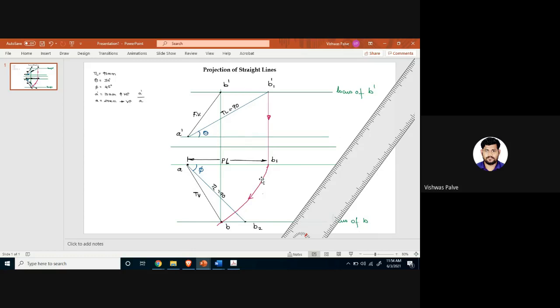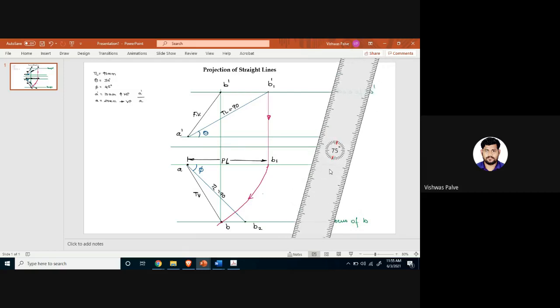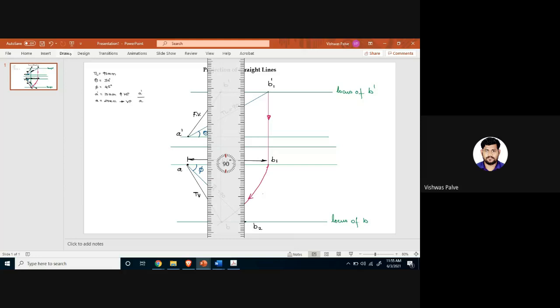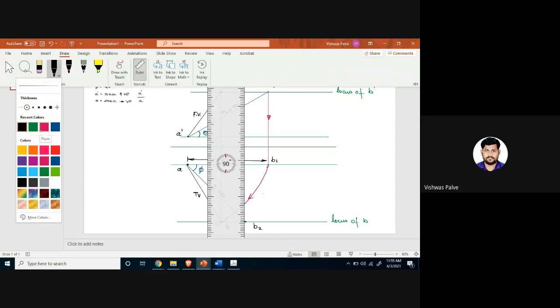Now suppose I require the point B1, we can get it with an alternate method. The shortcut was, once you get the point B, you just draw a vertical line. Wherever it intersects with the locus of B dash, you get the point B dash. But there is one more method. We can transfer the same thing, right? I'll show you how to get that point also. Let me use a different color now, red. So this is the alternate method.